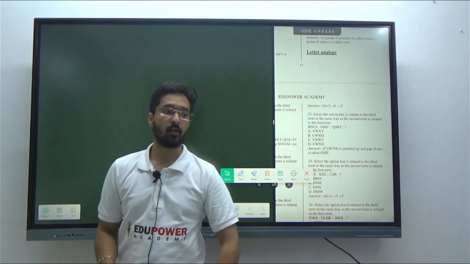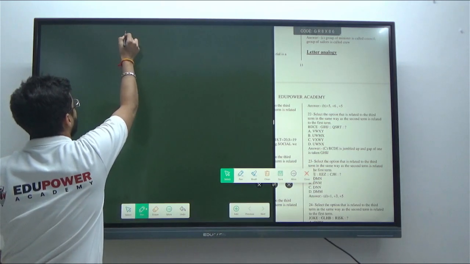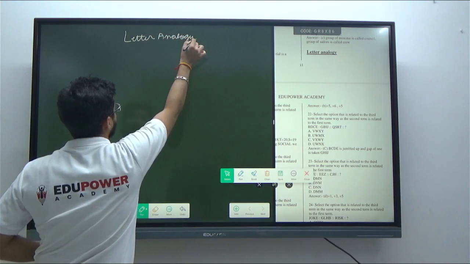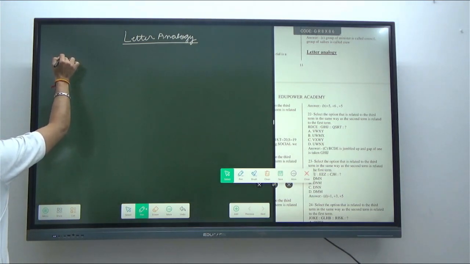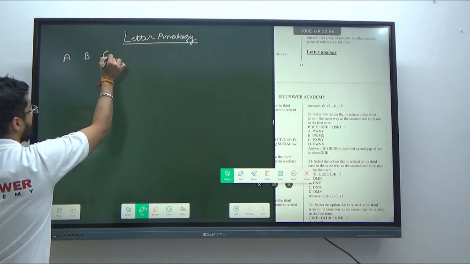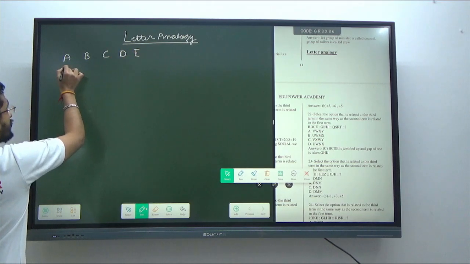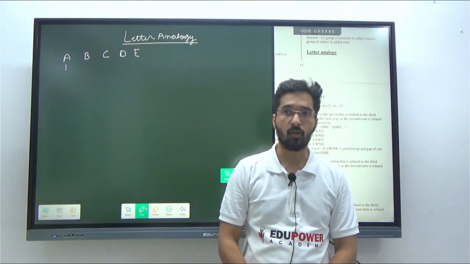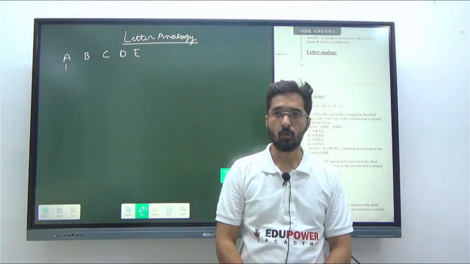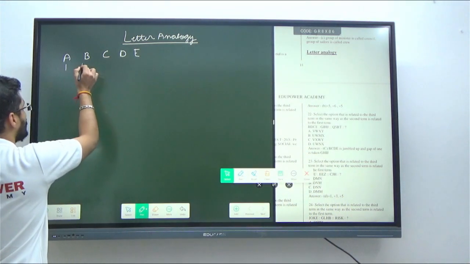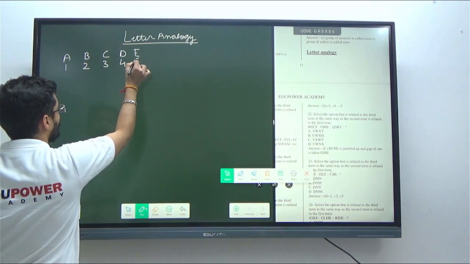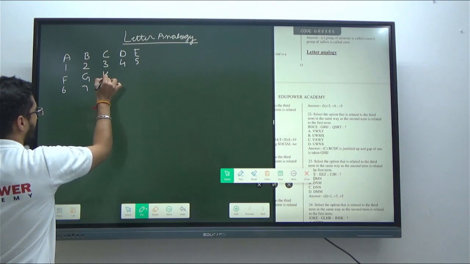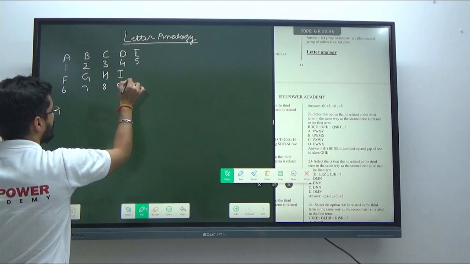So basically in letter analogy we study letters. You should know that this is the whole basics of reasoning, what our letters are. The letters in the alphabetical series are A, B, C, D, E. When we study reasoning, we assign a number to every letter. Okay, A is 1, B is 2, C is 3, D is 4, E is 5, F is 6, G is 7, H is 8, I is 9, J is 10,